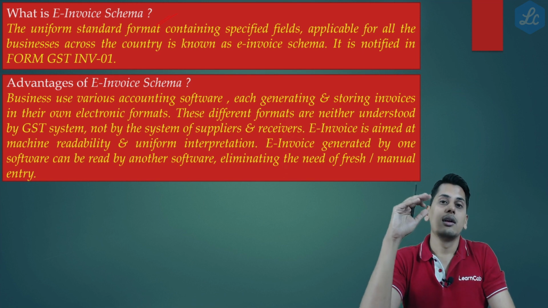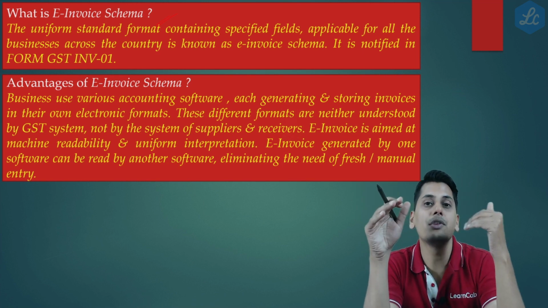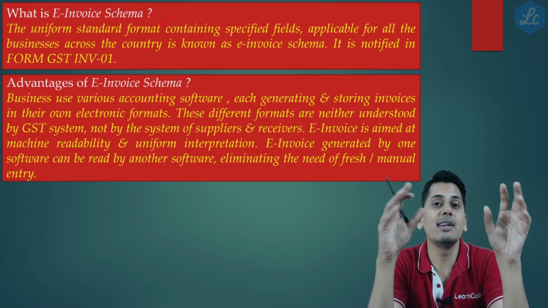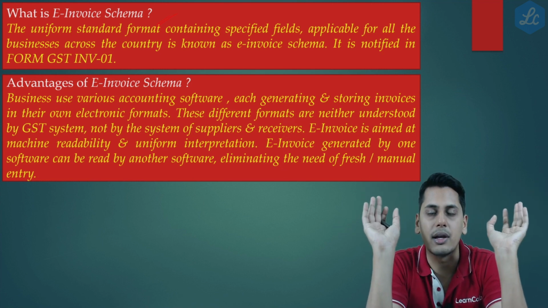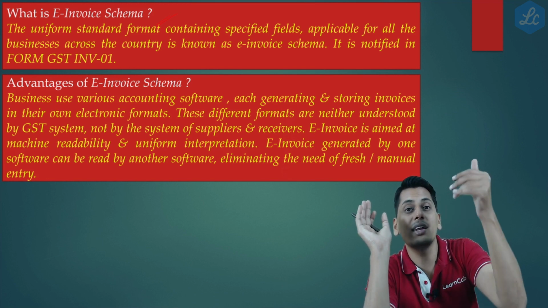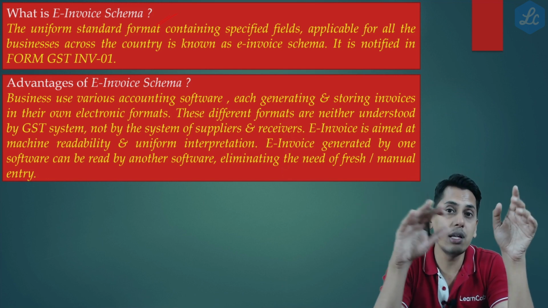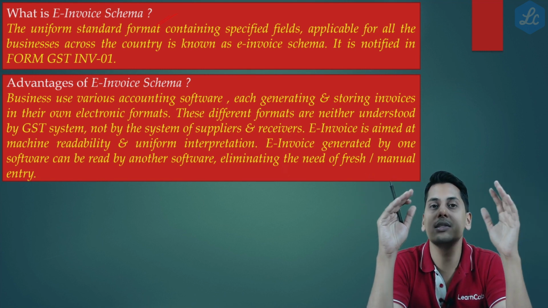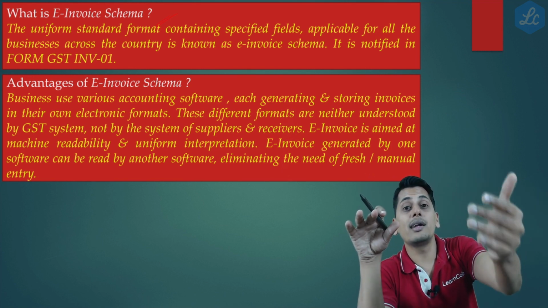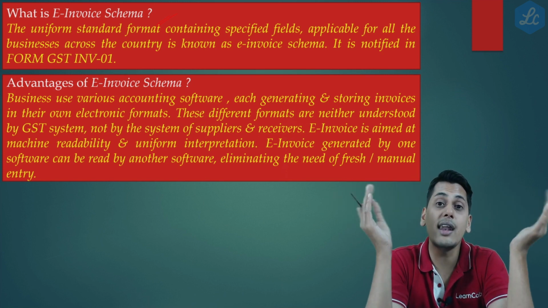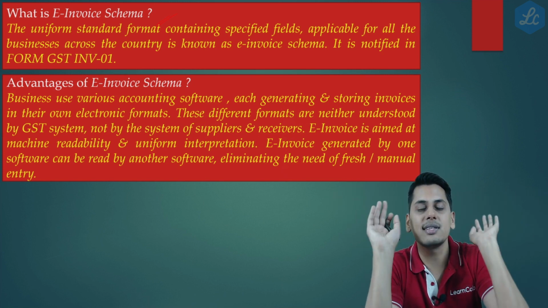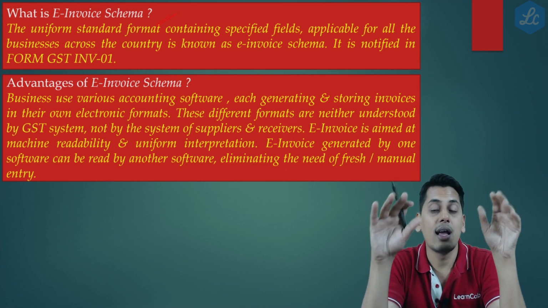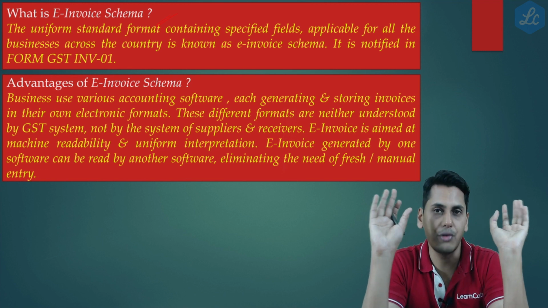Now friends, let's suppose the accounting software which you are using is in a position to read details in a standard or codified format. Now your accounting software can easily read the details which are available in form GST INV01. So friends, now machine readability is being enabled. My sales can automatically, or in the longer run, get recorded as a purchase entry in your books of accounts. This could happen when both these machines understand a common or standard format.